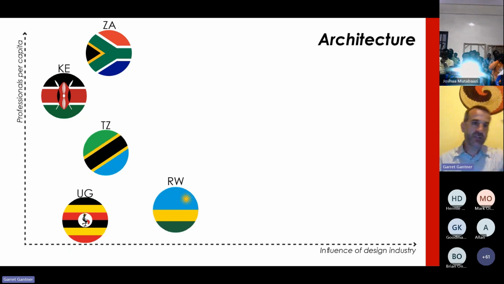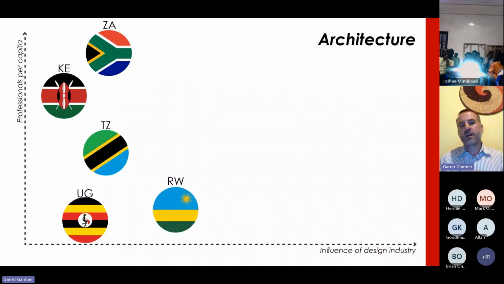On the vertical axis here is a rough picture of how many professionals there are per capita. I should mention the scale on this drawing is not linear. And then the horizontal axis, the x-axis, is much more of a qualitative analysis of how much influence those professionals have within the industry. And this is based on a number of interviews and surveys that I've done over the